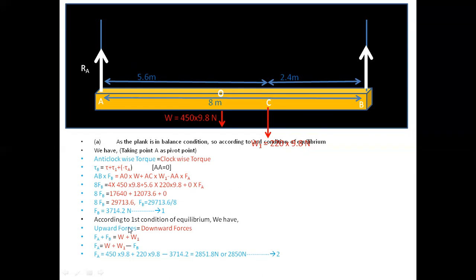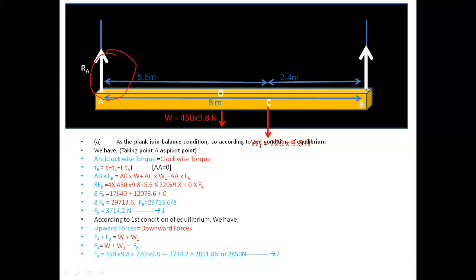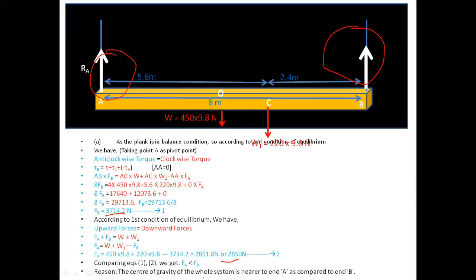So in this case, if we take FB, because we have calculated FB from equation number 1, FA will be equal to 415 multiplied by 9.8 plus 220 into 9.8 minus 3,714.2. We'll get 2,851.8, or 2,850 Newton. So by comparing these two equations, we'll see that force A is less than force B. As you can see over here, by calculation also, force B, which is 3,000, is greater than 2,800. So by comparison of equation 1 and 2, we can say FA is less